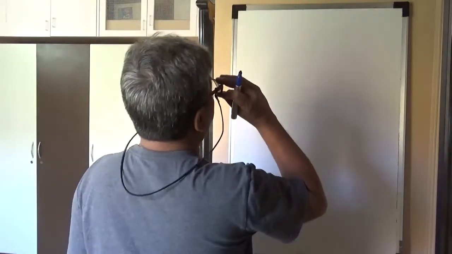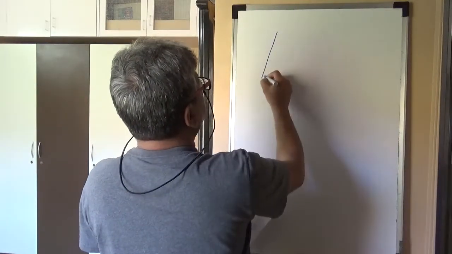Okay, welcome to lecture number 50. In this lecture, we will study some properties of altitude configuration, which is also known as orthic configuration. Now, if you draw triangle ABC